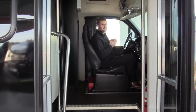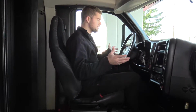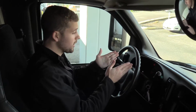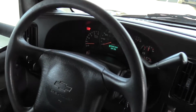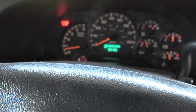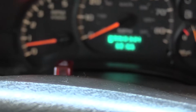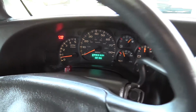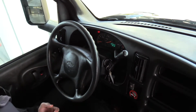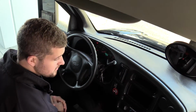Alright, so coming on inside the bus here, we're going to go over the driver area first. First I want to point out is the low mileage on this. This only has 68,166 miles on it, and this is equipped with a Duramax 6.6 liter turbo diesel engine. So especially on a diesel, 68,000 miles is very low, and that is one of the best features about this